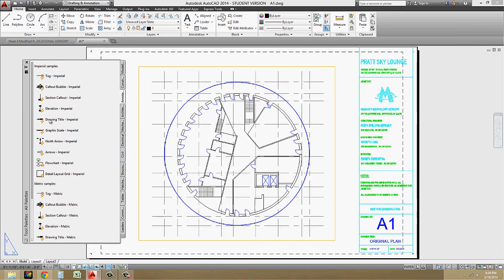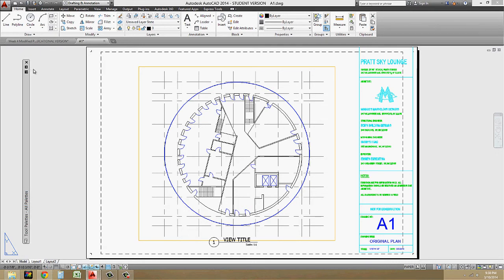Okay, so I can click and I can drag in one of these drawing titles. Now, what I have said, maybe not to everybody, but what I've kind of mentioned a little bit to people, is that I don't like to take my viewport and make it as big as the other space in the title block. The reason being is that if I don't have my viewport locked, so let's say I unlock that,